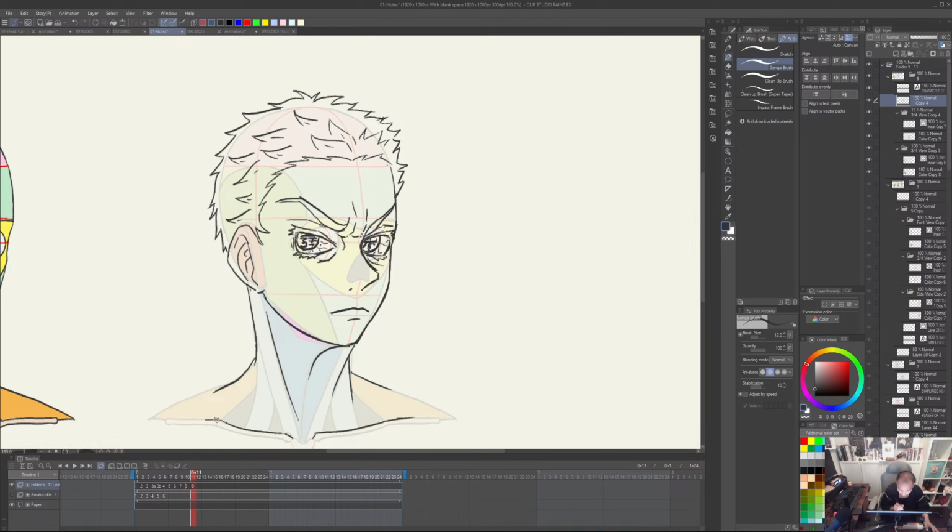I don't draw everything. This is good enough for me to know basically the stuff that I need to know for drawing the character. So I just love to finish this off with the